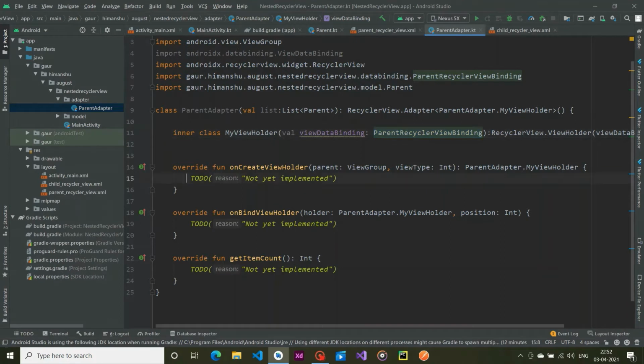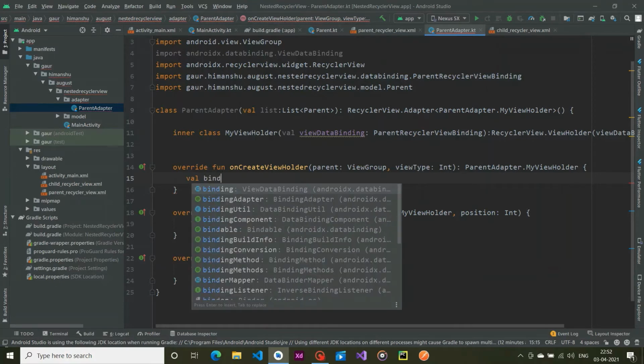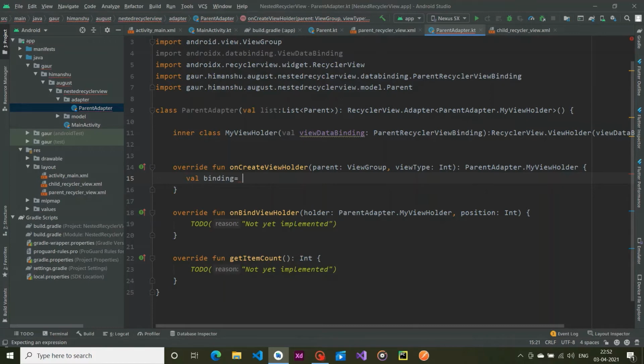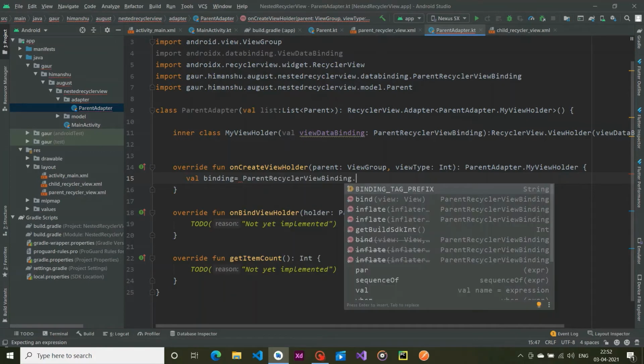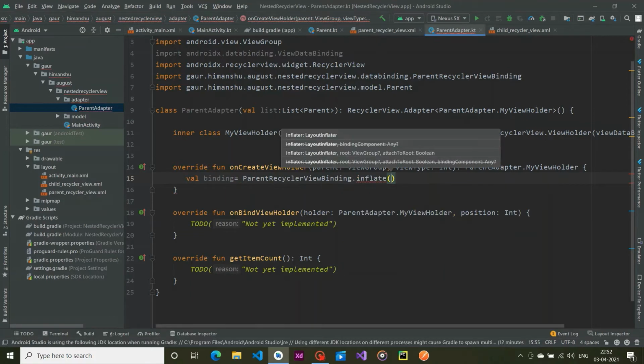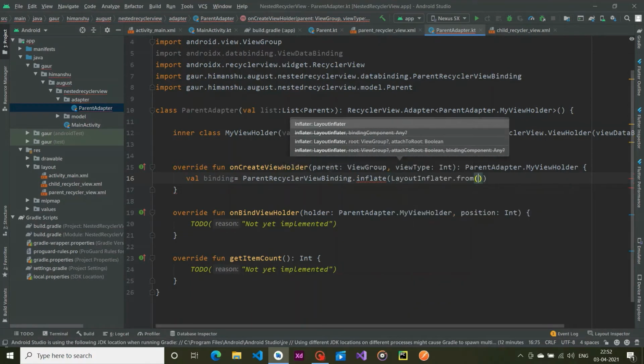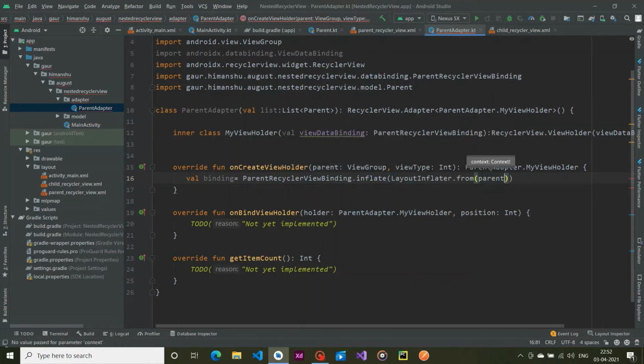All right, so now in our onCreateViewHolder, here we are going to create a variable val binding and our ParentRecyclerViewBinding.inflate. So LayoutInflater from parent, and we are getting context from our parent.